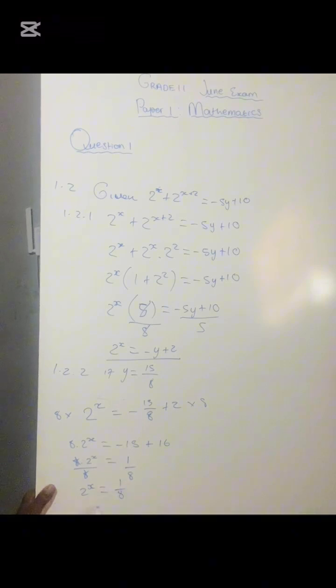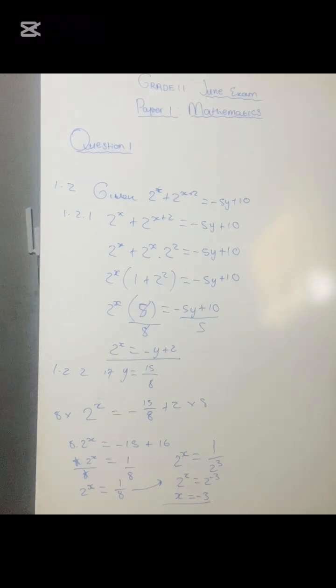From there, what you do, because you are solving an exponential equation, remember that you must make the base the same. So it will be 2 to the power of x equals 1 divided by 2 to the power of 3. Therefore, 2 to the power of x equals 2 to the power of negative 3. When it goes up, it means it becomes positive. x equals negative 3. So this is how we do it, guys. That is how we do that question. So now we are going to move to the question